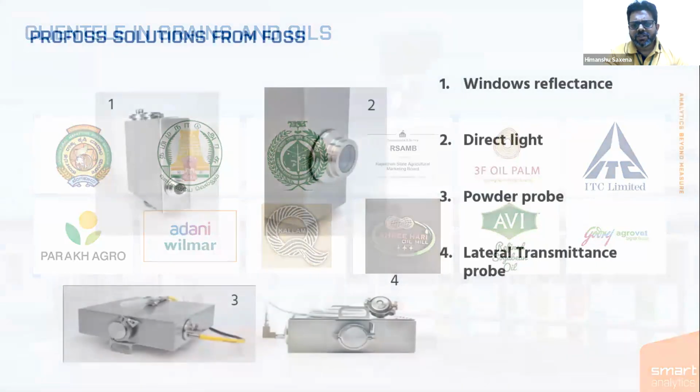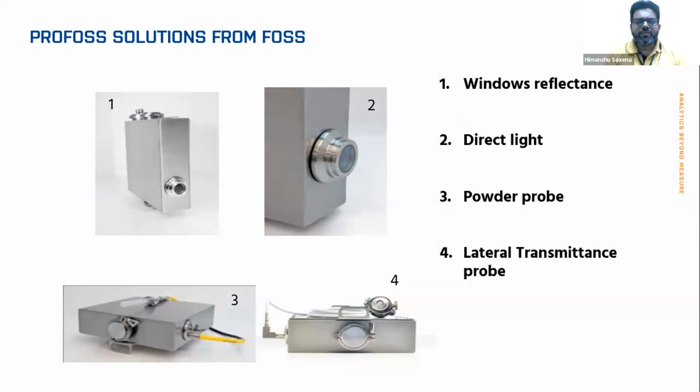So this was about the bench models from FOSS. These are the three different bench models which suit different application areas. And then NIR is now also popular in the process because we have the online and inline NIR model. So this is something which directly goes onto the manufacturing line. If any manufacturing is going on, if you want to monitor the product directly on the line, then